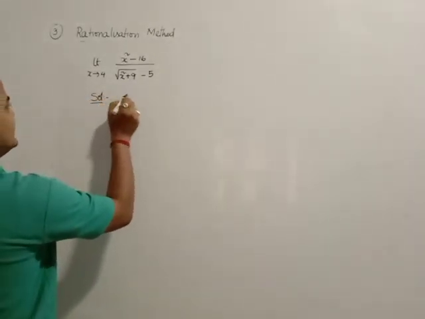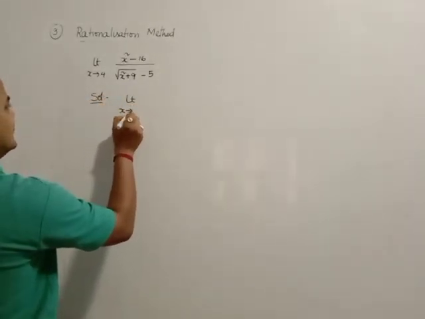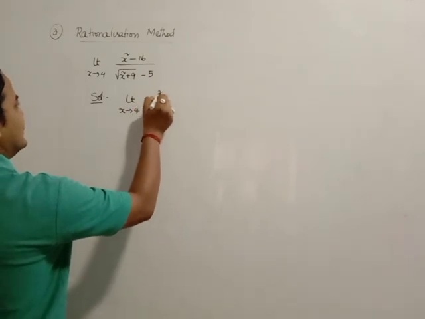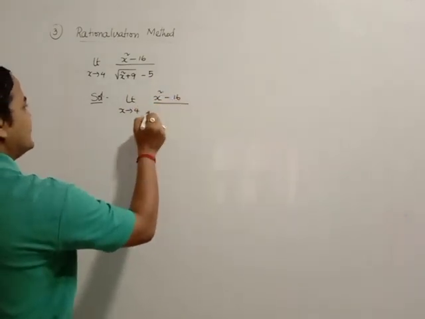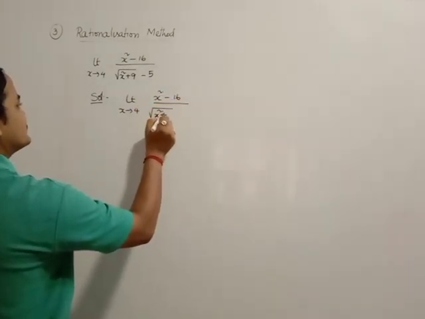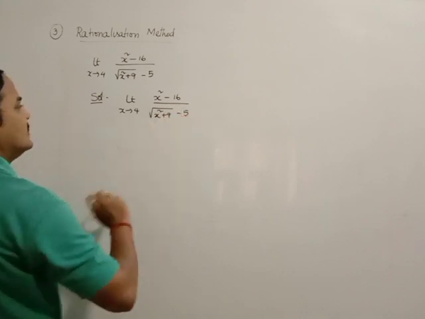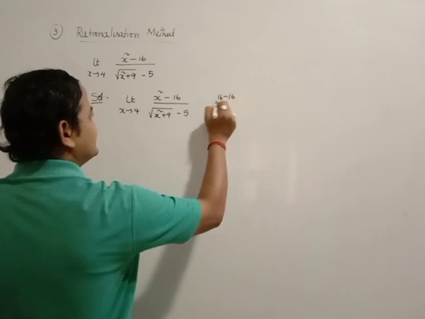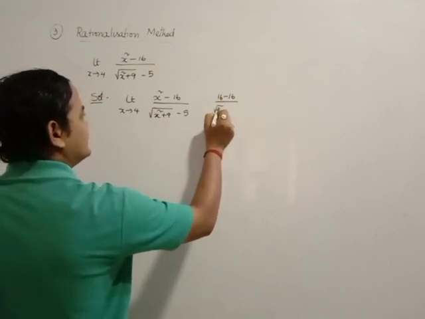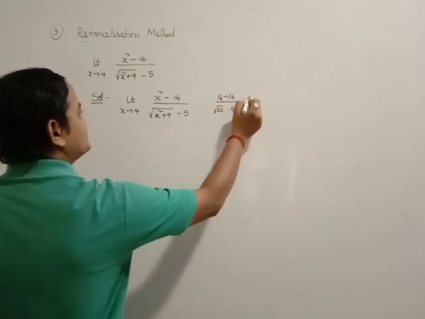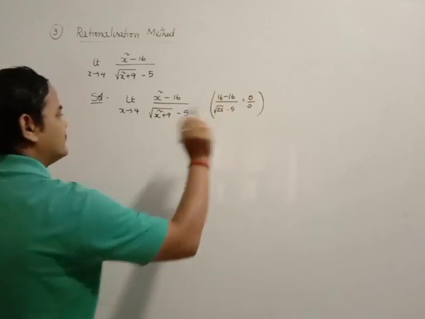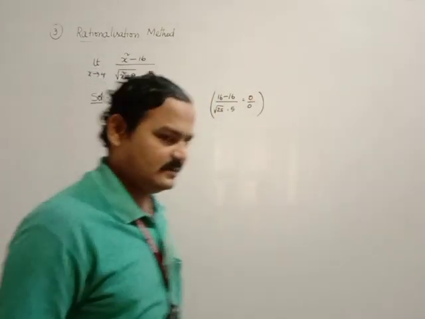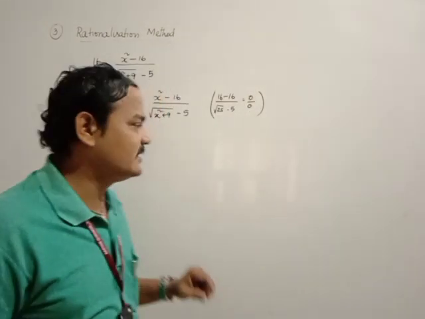First of all, go for direct substitution. Limit x tends to 4, (x² − 16) by (√(x² + 9) − 5). Substituting 4: 4 squared is 16, minus 16, and √25 minus 5. That is 0 by 0, an indeterminate form. So, since the root is in the denominator,